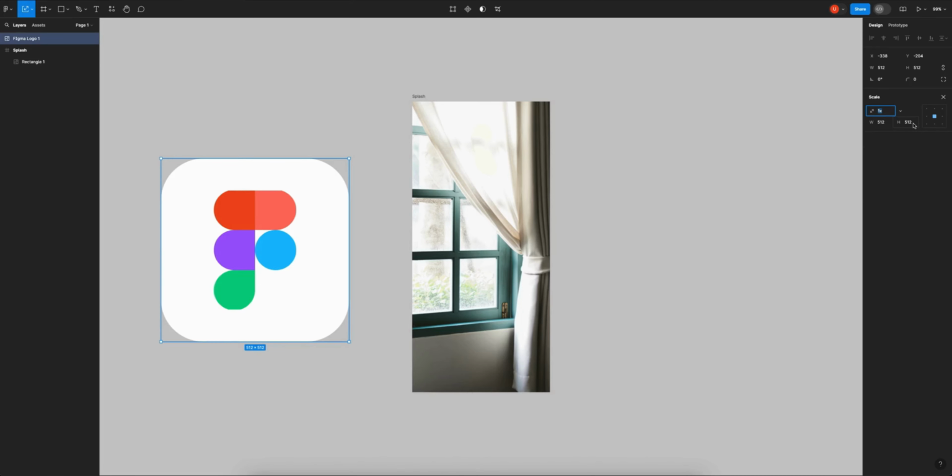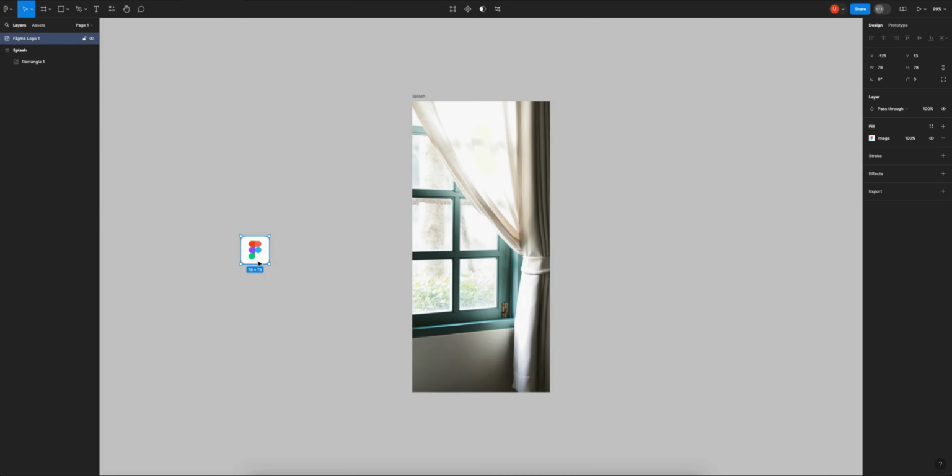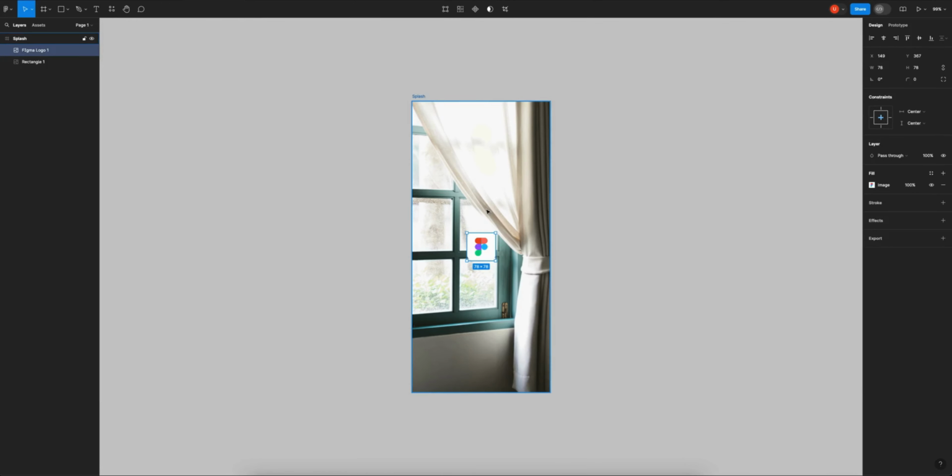Let's resize this logo. Press K to scale it down. I will add, let's say, 78. Let's align it center vertically and horizontally. Now we want this logo to drop down from the top. So I'll just press the Shift key and keep pressing the up key until this logo is out of our